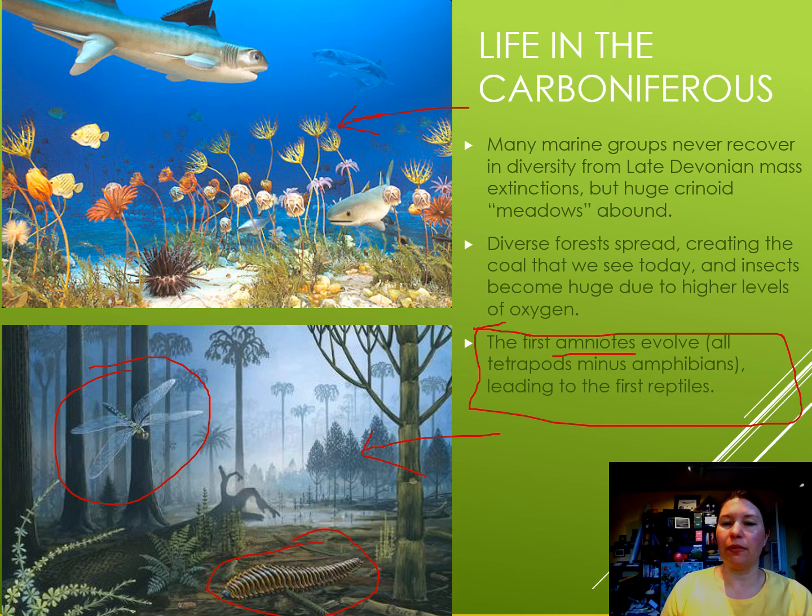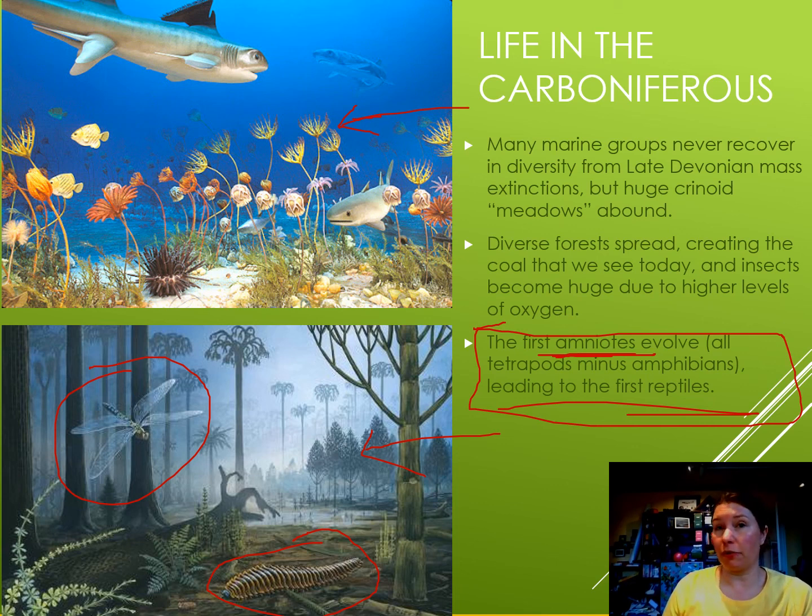The first amniotes, we can kind of refer to them as reptiles. Reptiles doesn't really mean anything though, it's just an assemblage of amniotes that we don't really know what to put them in. So anyway, don't worry about that. Our dinosaurs class deals more with what reptiles means as a word, but we will call these amniotes. They're the first animals to begin to lay eggs that can be laid on land. So they are very reptile-like in a lot of ways.